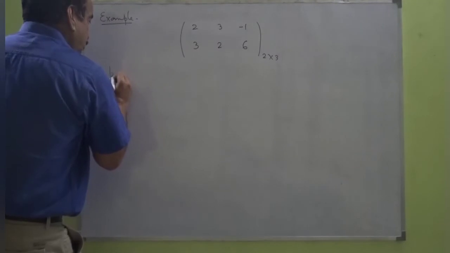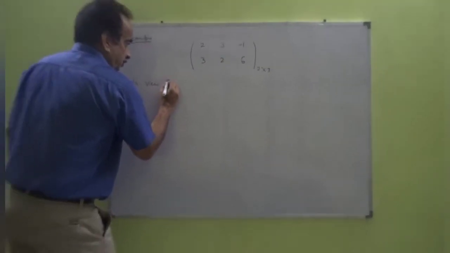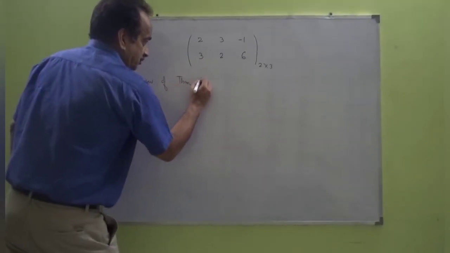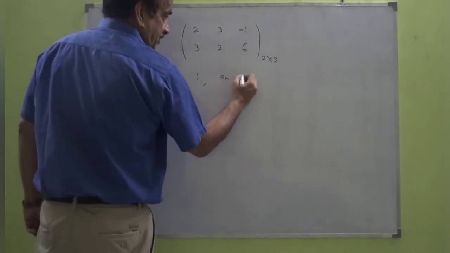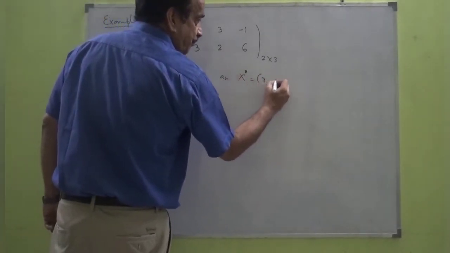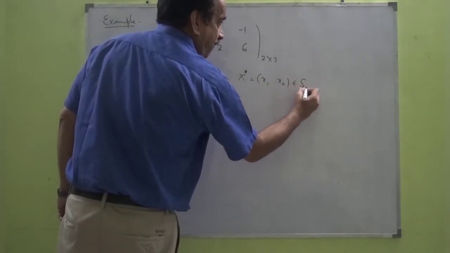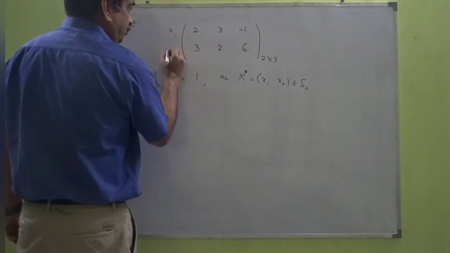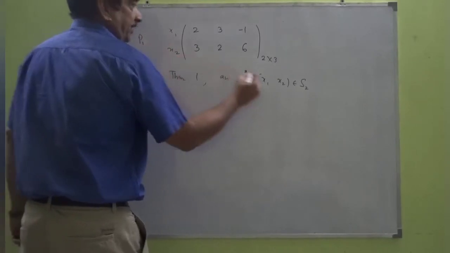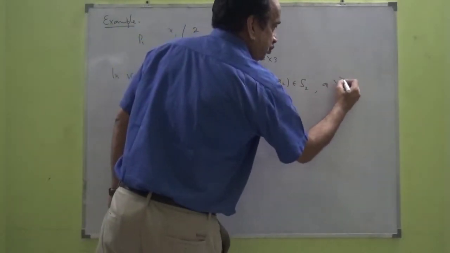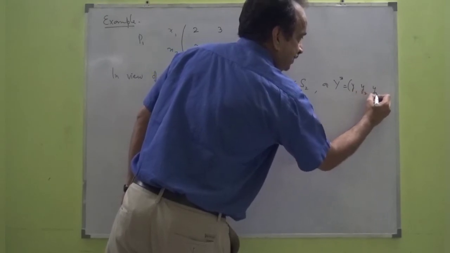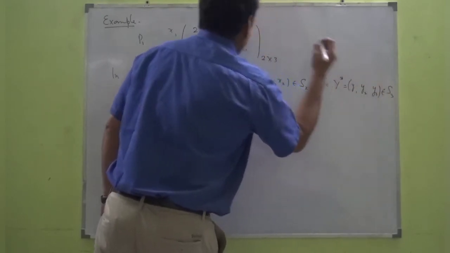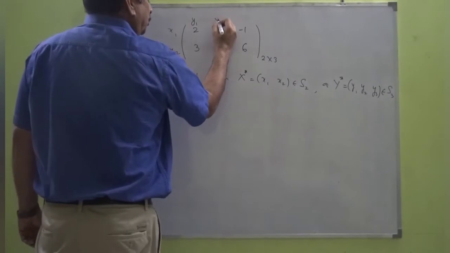Now in view of theorem 1, we need to find an x star equal to, say, (x1, x2) in S2, here we have x1, here we have x2 for P1, and y star equal to (y1, y2, y3) in S3, like here for P2,